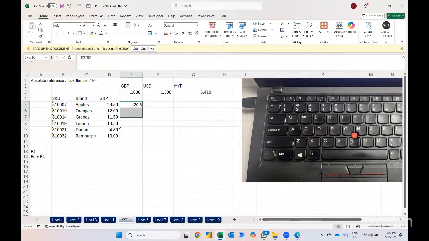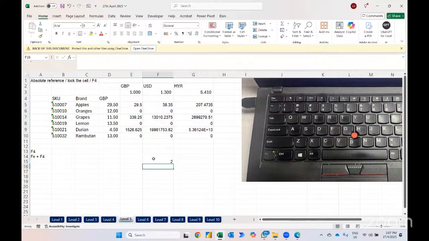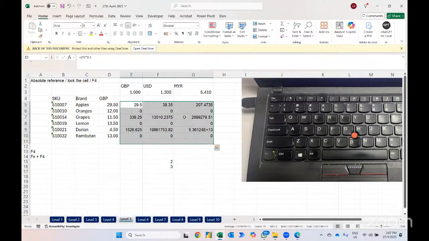And then what happens is, when they drag down and drag right, do you think it is correct? If you think the answer is correct, please type number 2. If you think the answer is wrong, please type number 3. Do you think this information is correct? This is actually a common mistake made by some employees,